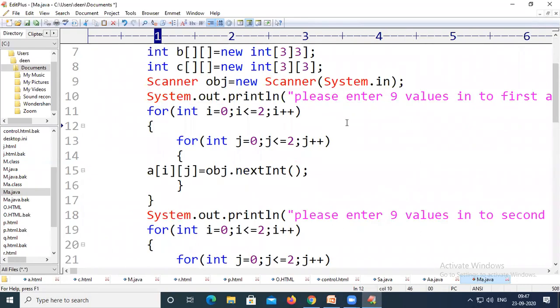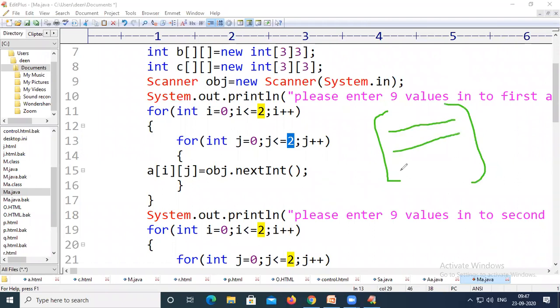So how are these 9 values stored? The first value will be stored at row 0, column 0. The second value will be stored at row 0, column 1. Which means if you have a matrix, first this row will get filled, next this row, and third this one.